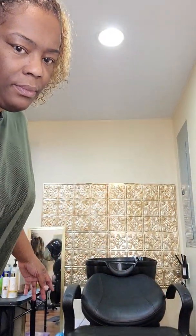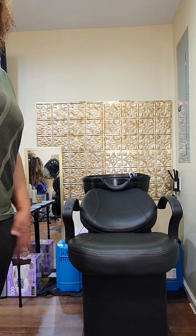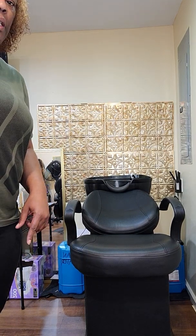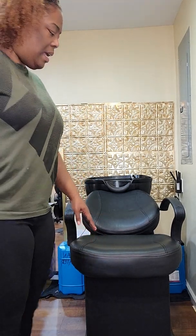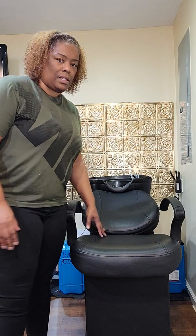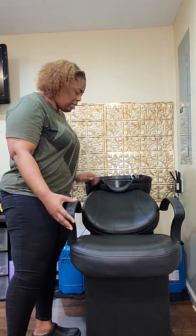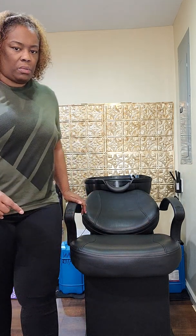So this is the chair. If you guys can see, this is the chair that I purchased off of Amazon. I'm going to give you a better view in a minute, but I want to show you another component that I purchased to go along with this. It came together like this. It's all one piece. It has the chair, the sink, and the base. It's all connected. But my husband built me